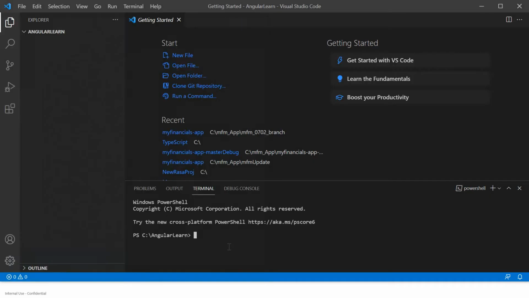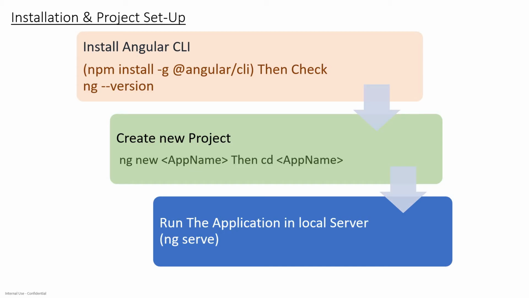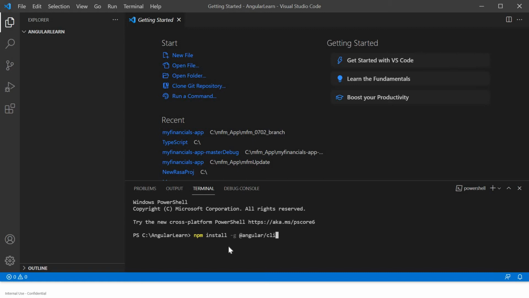So let's do that. npm install -g for global, then @angular/cli. Okay, let's see. Yes, this is correct. So we'll hit enter.